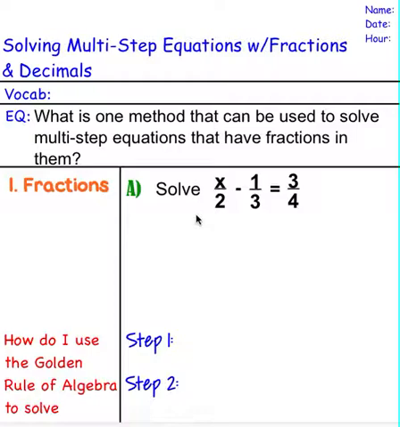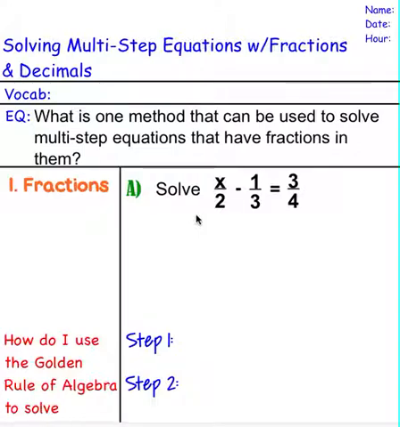And welcome back, and hopefully by now you have had the opportunity to ask any questions that you need to and get stuff answered on solving multi-step equations, because today we're moving forward with solving multi-step equations that have fractions and decimals. So we're going to start off with fractions, and this first problem that we've got here is x